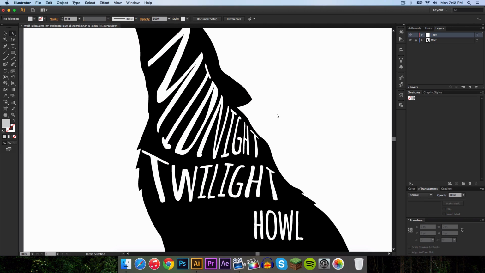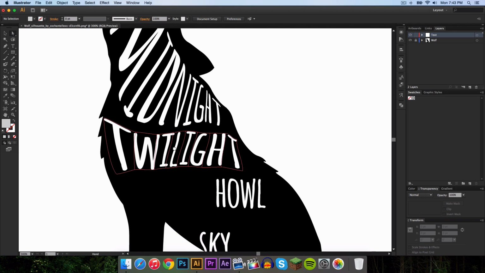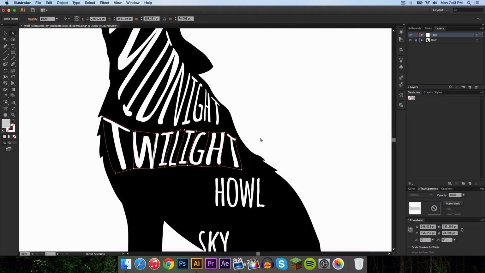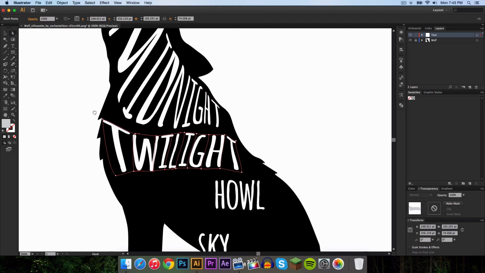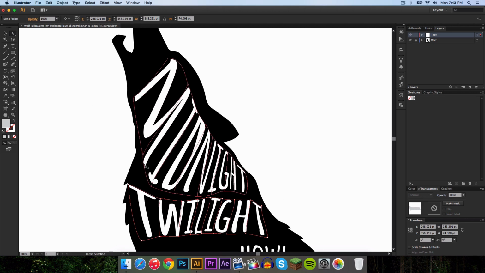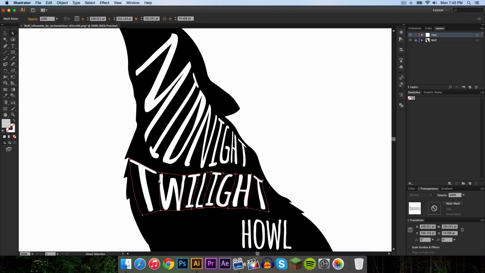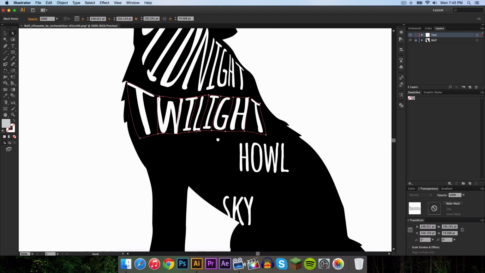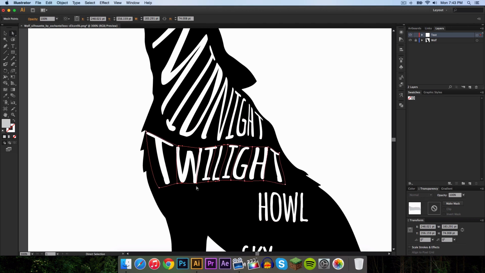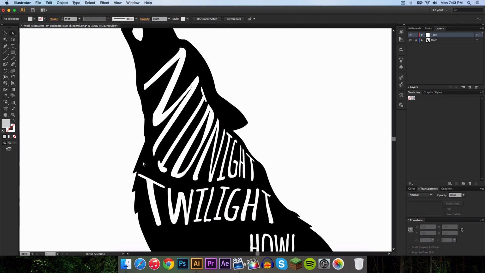Alright guys, I have finished the word here, so you can see it took shape. When you're doing this, you want to have fun with the words. Come up with your creativity and think to yourself what the shape of your image, in this case our wolf, and the word have in common. You want to get the word and shape it with the background, in this case our wolf, or whatever image you're using. So I have it like this.